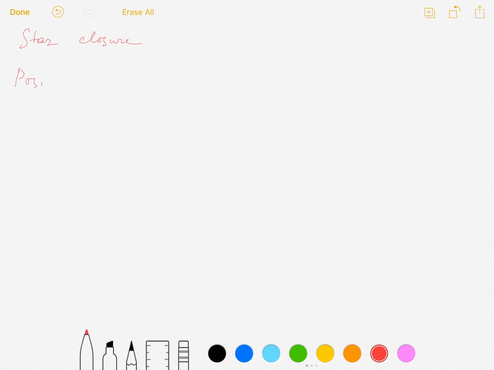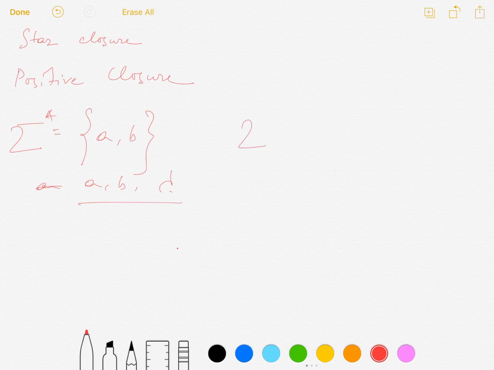Star closure and positive closure. Already we told that the alphabet sigma represents the alphabet and it consists of a non-empty finite set of symbols, that is a and b. If we write sigma star, it means that apart from a and b, it consists of lambda also. And if we write sigma plus or a b plus, it means that it consists of a and b, there is no lambda. So, this one is called star closure